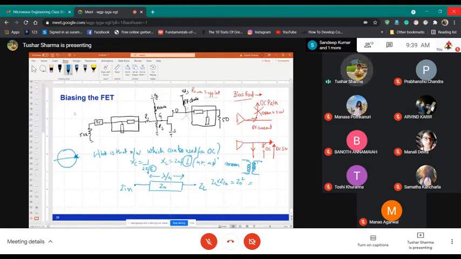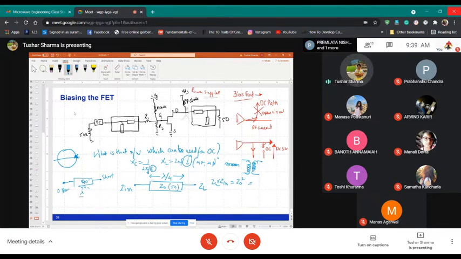So in this case our Z0 is fixed. Say we take 50 ohms. If I take a 50 ohm 90-degree line and put a short here, what will this impedance be? It will be open, right?